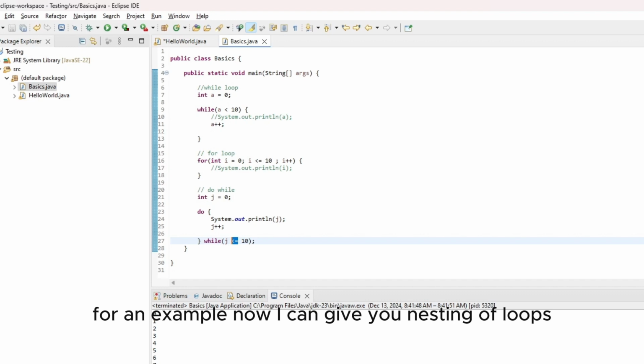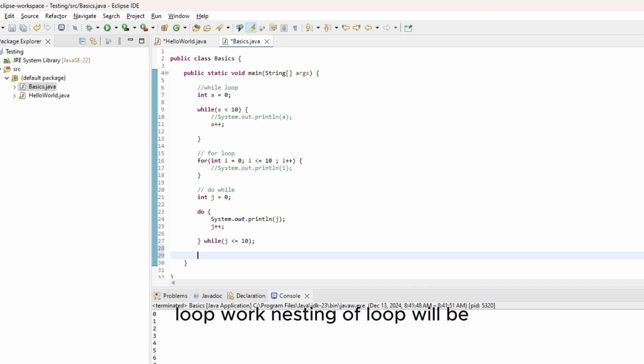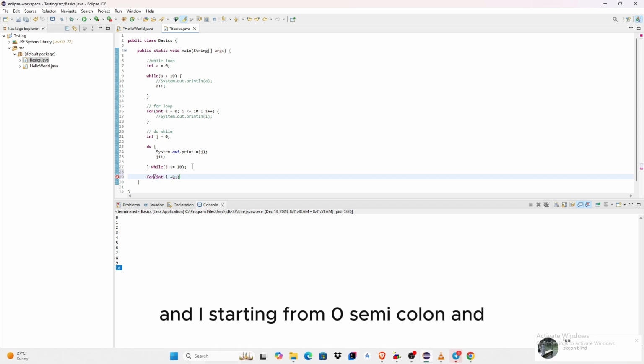For an example now, I can give you nesting of loops. But if you can understand these basics of how these loops work, nesting of loops is gonna be simple, because it's just a loop inside of a loop. We can just say for int I starting from 0, semicolon, int